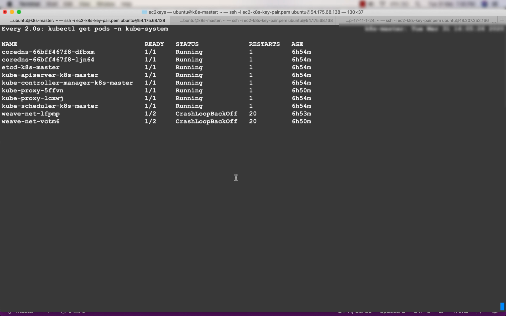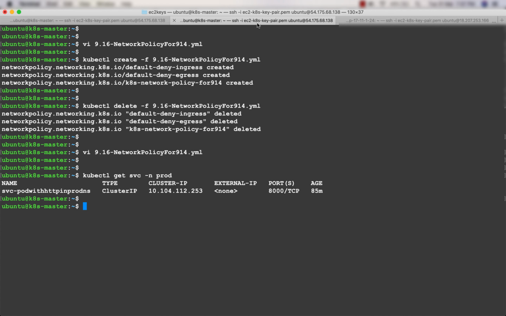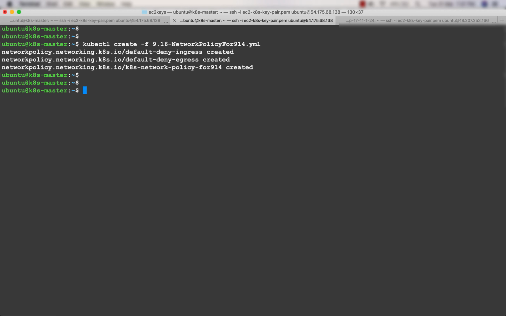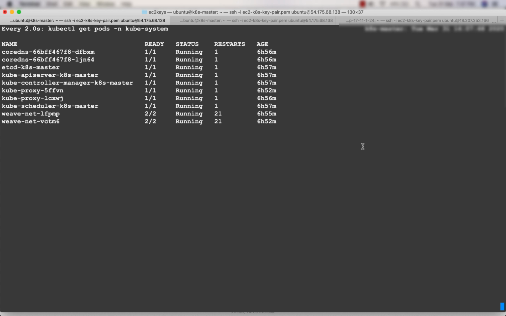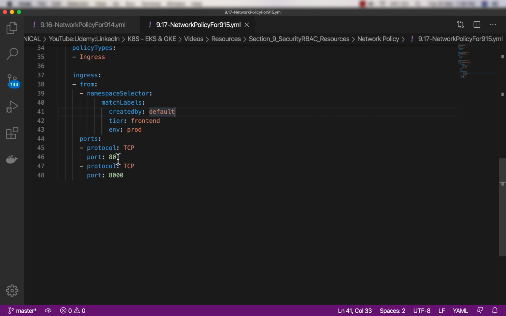And the status is still CrashLoopBackOff. Let's wait till the status becomes running. Alright, so it is running now, and let us go ahead and create the network policy again with the modified file. Okay, all the network policies have been created, and let's see if we get the error this time or not. Okay, it seems like it's fine. We were able to create the network policy and there's no error, so it should work, and now we can go ahead and test it. The issue was that I mentioned all in the port, which should not be mentioned in Weave Net.